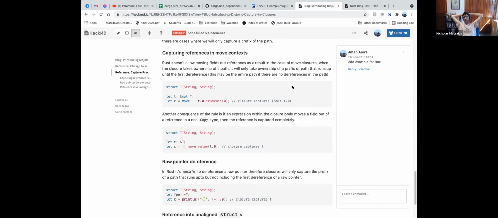I think the rest does fall out from capturing references, but with Rc, it might be worth adding an example of Rc. I would probably put it not as a rule, but as an example to work through, because what happens is the deref of the Rc gets desugared into this call to the deref method. So from the